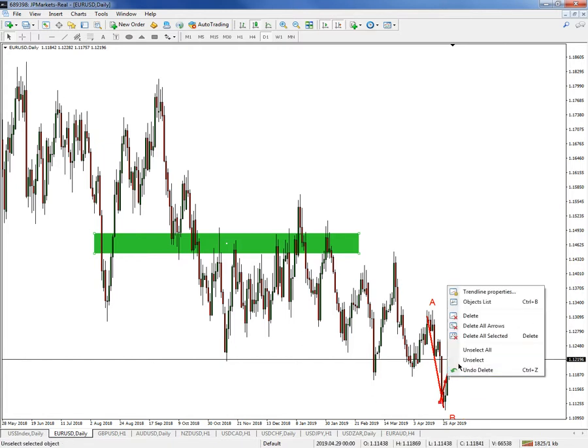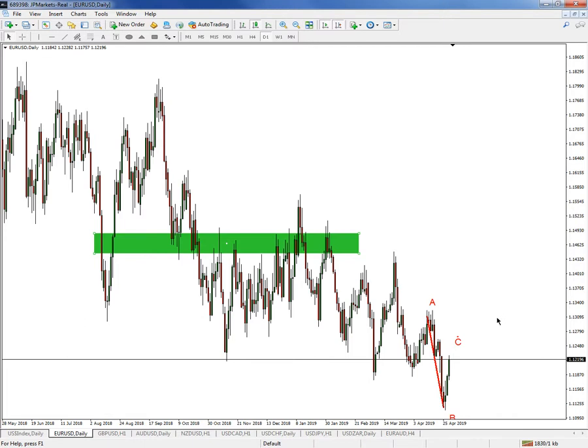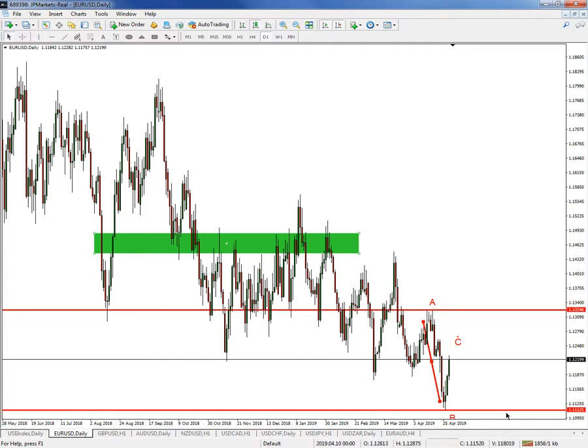However, we can't guarantee or speculate that level of C, as it hasn't ended. So again, we can find out if this potential level of C might lie on a strong fib level. I'm going to put in a horizontal line on A, a horizontal line on B. I'm going to draw in my fib from B up to A, and I find yes, there is a potential strong level there around this fib level, and that is my 50 fib, which in my opinion is one of the golden fibs. I love the 50 and the 61.8.